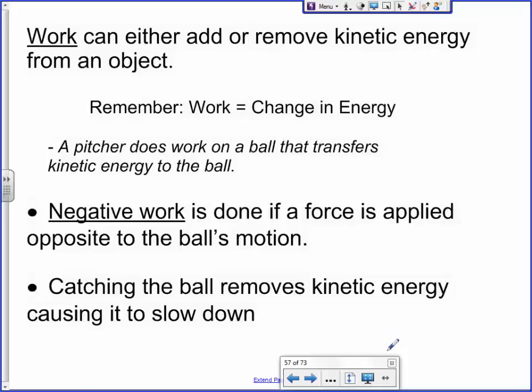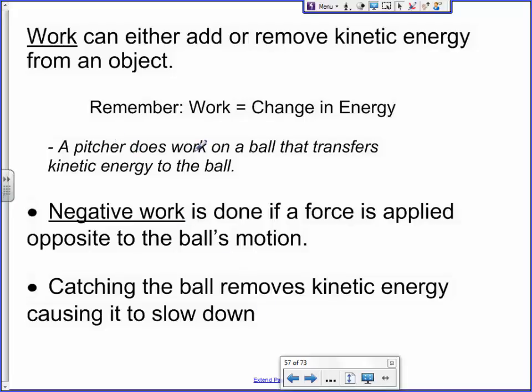Okay, so this is kind of just a little bit of a recap, just what I've got left. Last slide here. So work essentially changes energy, right? Work will either add or remove kinetic energy. Think of the flexing hockey stick. The work that Michael would do to flex his hockey stick and take a slap shot of a hockey puck, right? That work will give more kinetic energy to the hockey puck. That makes sense. But work can even go in the negative direction, right?